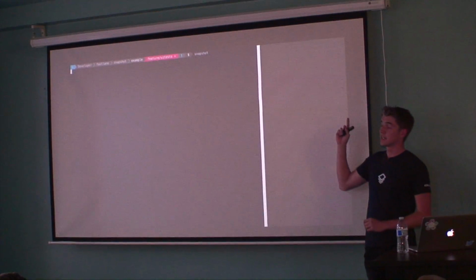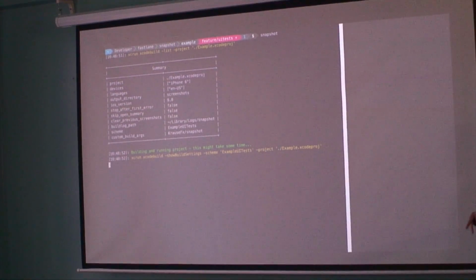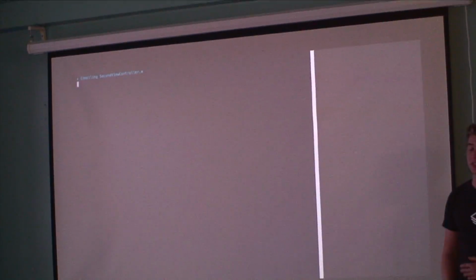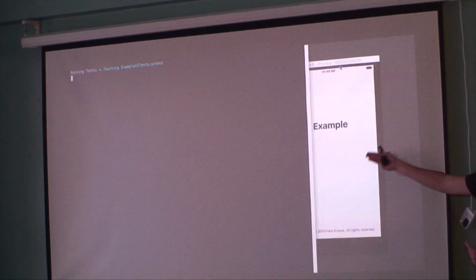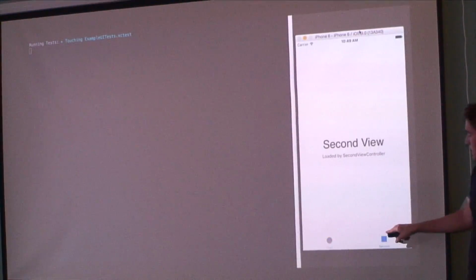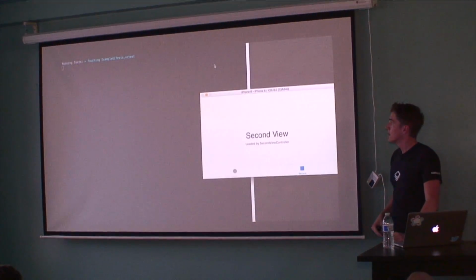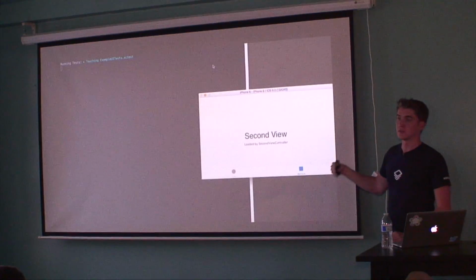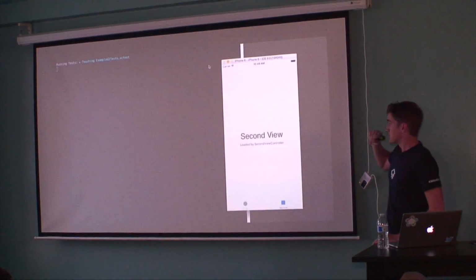After you have set up Snapshot for your project, you just call Snapshot in the command line, and it will detect all the project settings automatically. Then it will start compiling the application, install it on a simulator, and then interact by tapping and rotating your device, whatever you tell Snapshot to do. It will do so for all the languages and all the device types. So this might be 300. And in the end, it will